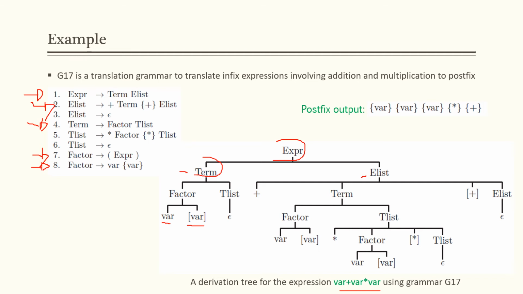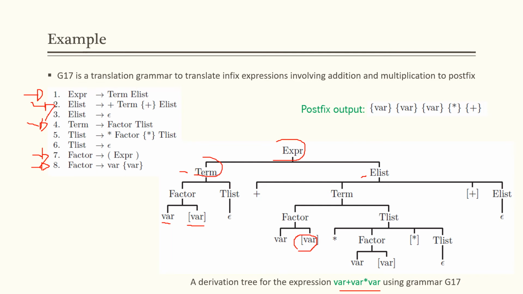Okay, we want to have addition first, so we choose rule 2 instead of rule number 5. Okay, then we do the derivation for term. Term is factor and t-list, and for factor again we choose var and var. Okay, so here is another output, another action symbol here. Okay, and we continue the process